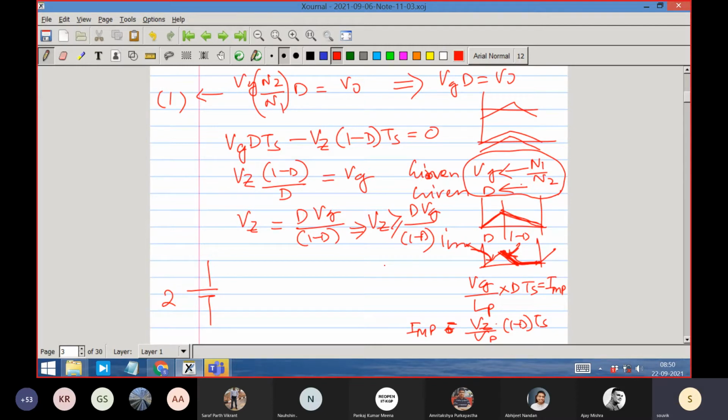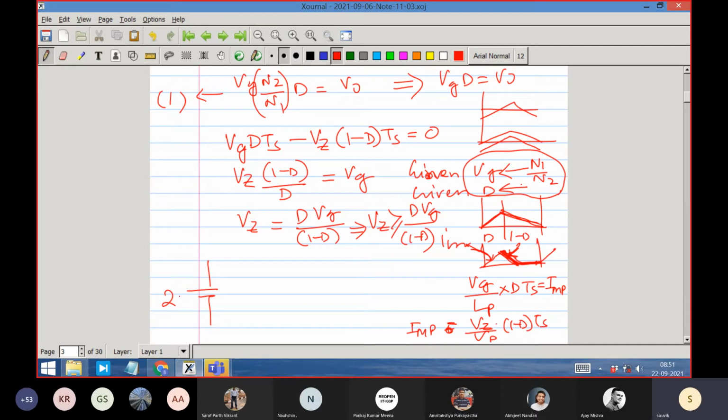In another way, if you try to think, it is obvious. You are intelligent enough to understand. If you choose the Zener voltage, then the constraint is coming on the duty ratio, given Vg, given N2 by N1. Then the constraint is coming on the duty ratio. How much duty ratio can you operate with? Logically, I can operate a buck converter with a duty ratio of 100%. But here we have a constraint that we may not be able to operate at 100%.